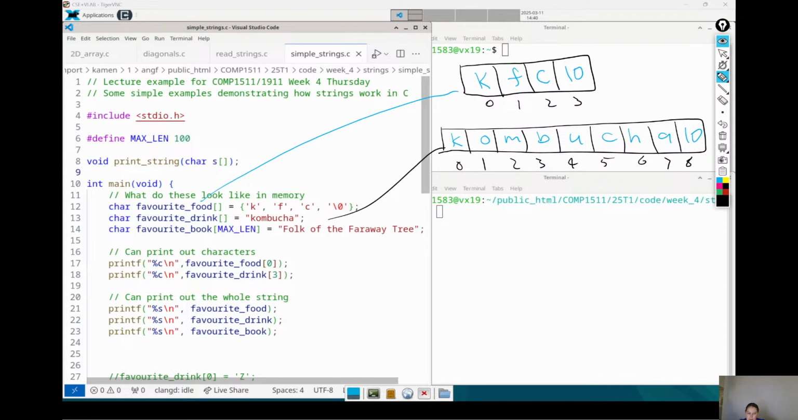C knows all about these quotations and strings. It will make sure it's got this null terminator at the end and make sure the array is big enough. We haven't specified a size, so it'll make it the exact size of the string we've said. Down here, I've said favorite book, but I have given it a size, and I've given it a size of